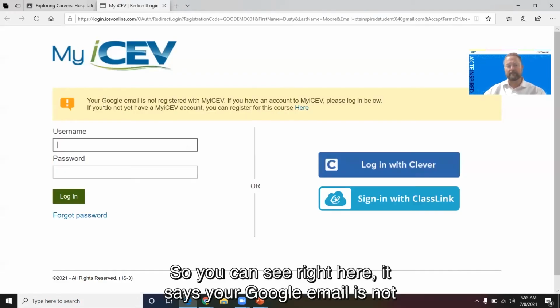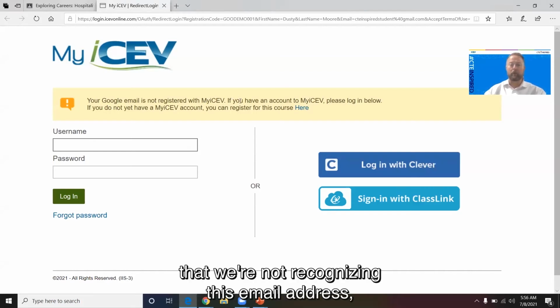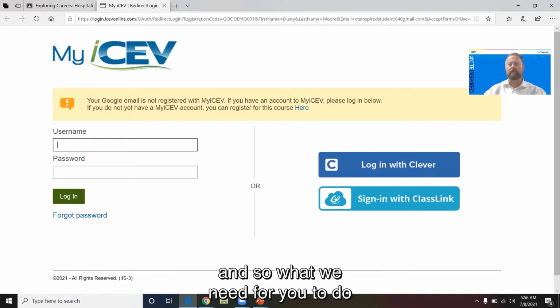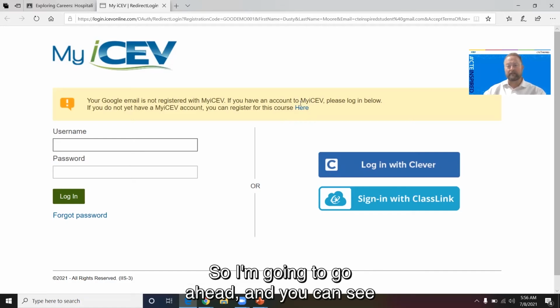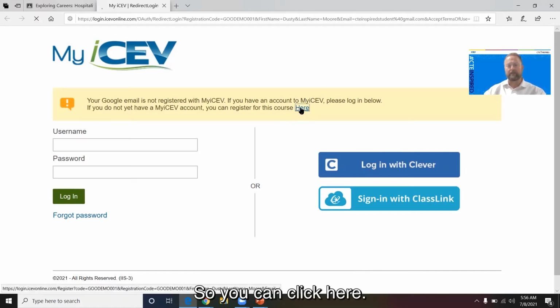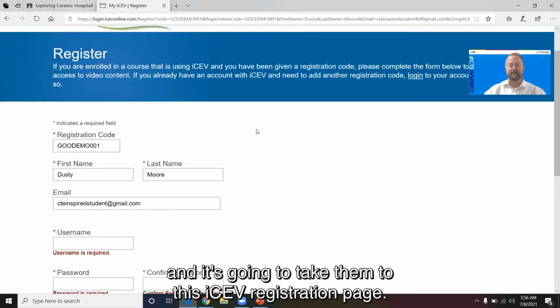So you can see right here, it says your Google email is not registered with my iCEV. Basically what this is saying is that we're not recognizing this email address. And so what we need for you to do is we need for you as the student to register on iCEV in order to access this. So I'm going to go ahead, and you can see right here that there's a link. So you can click here, the student's going to click here, and it's going to take them to this iCEV